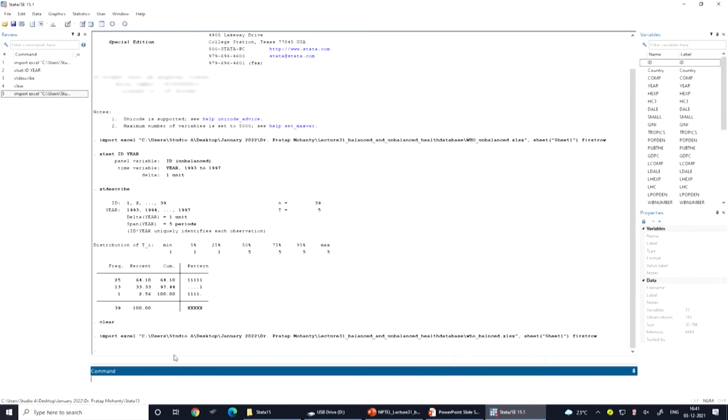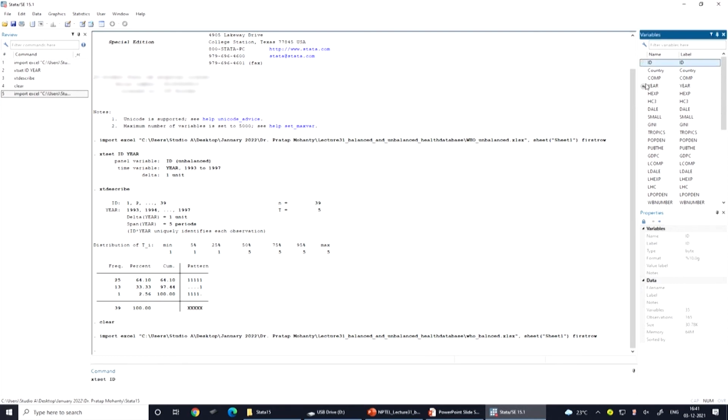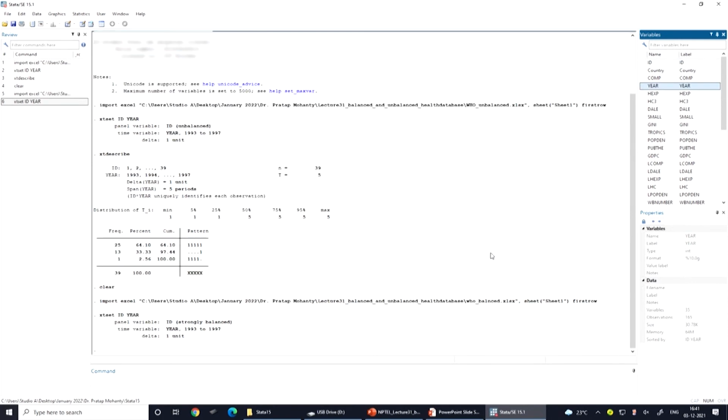Now, with the same commands like xtset, it will confirm whether this data is balanced or unbalanced. Okay, with the ID variable and the time variable defined as year. Now, you can see that the xtset command, xt is the standard command in panel, is confirming that your data from 1993 to 1997 is a strongly balanced panel.